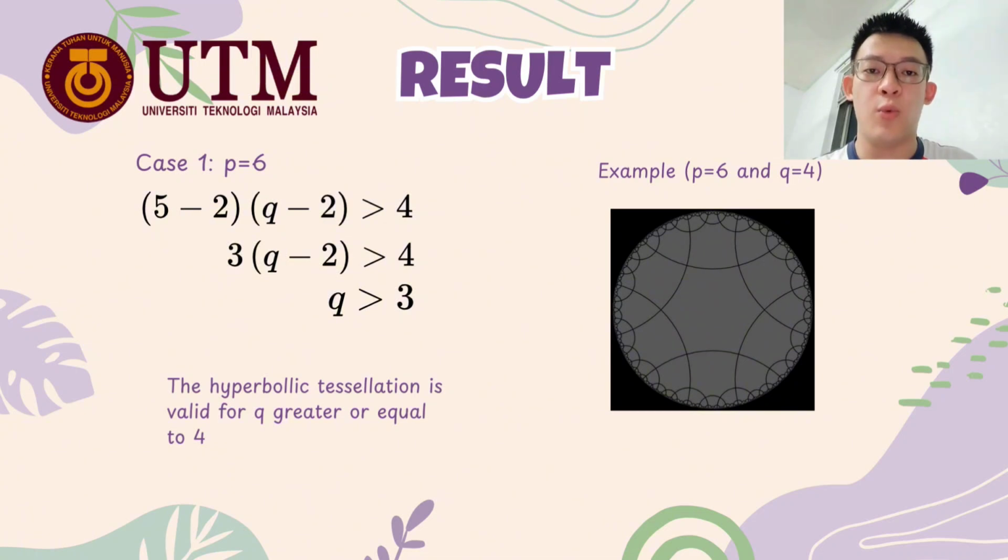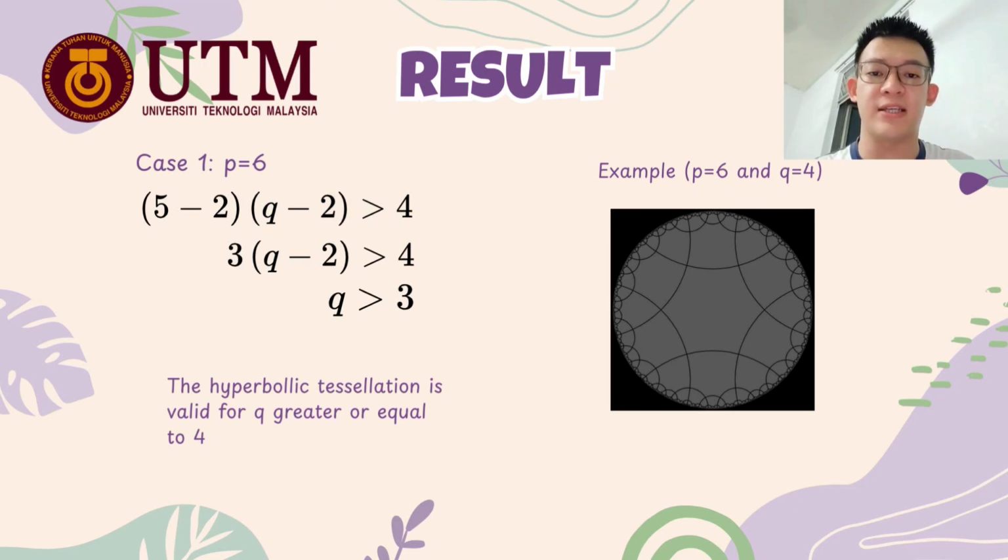Next is case 2, where p is equal to 6, meaning we are now using regular hexagons. By substituting the value of p into the inequality again, we get q is greater than 3. Again, since q must be an integer, we can conclude that q greater than or equal to 4 is valid